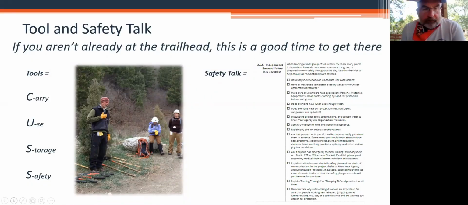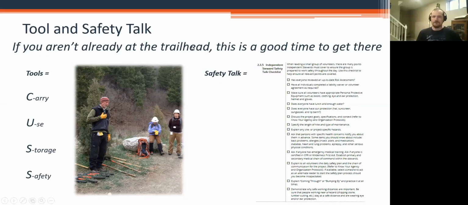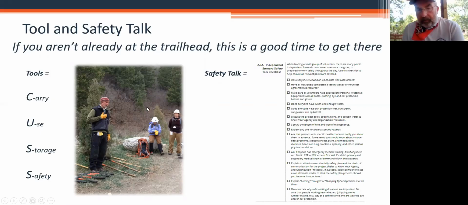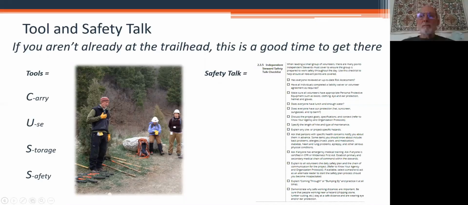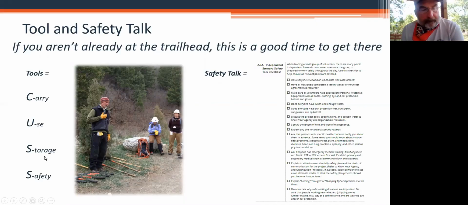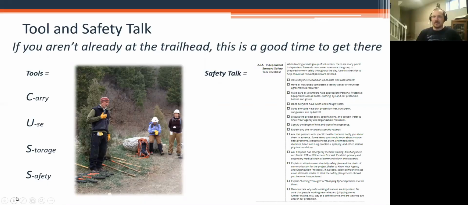Dan, this is also a good opportunity to use the cards that each of the volunteers will be getting, right, making sure that they understand what's on there and how to use them, and to use them as a crutch to explain everything that we've got going on for the day. Right. Absolutely. That's a good point, Stephen. I hadn't brought that up yet. I meant to, but sorry. No worries. I'm glad you reminded me.